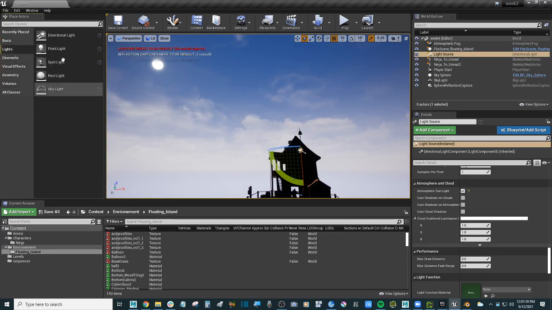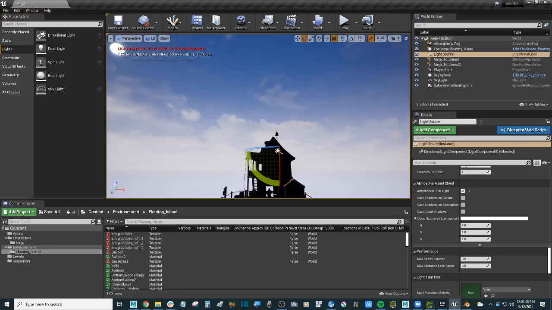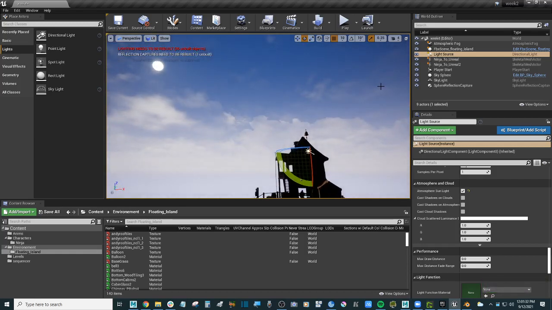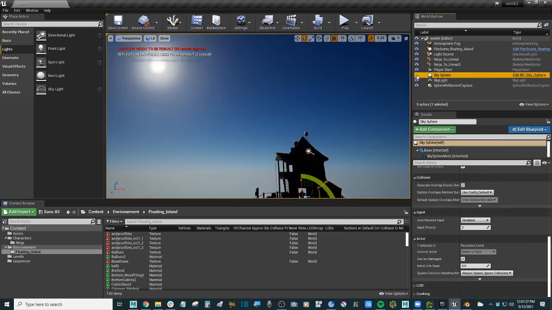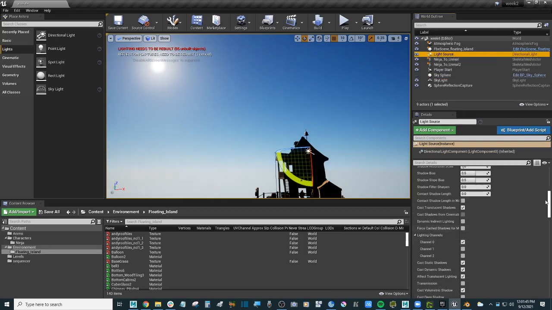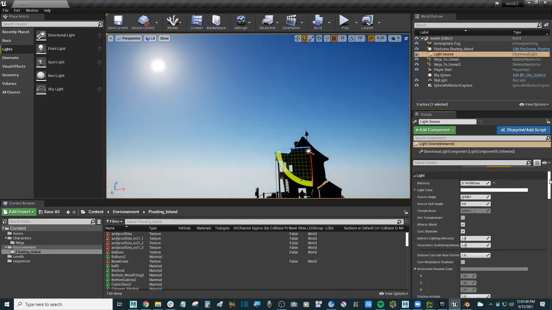Lights. So this is a directional light. You'll see the type of it right here. If I try to rotate this, you will see the light changes a little bit. You see, it doesn't change drastically because we have a skybox. Okay, if I hide the skybox and then go back to the directional light,